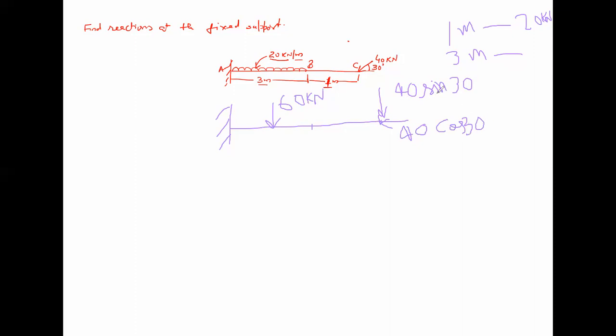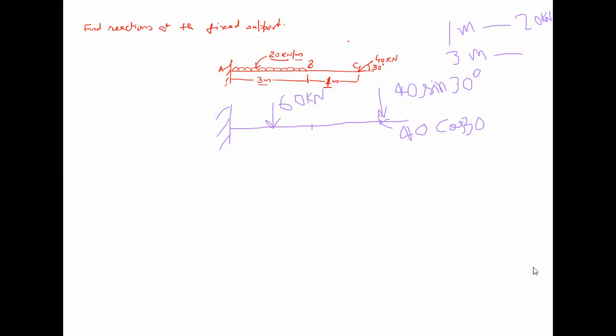Please remember that whenever you use a scientific calculator to find out this cos 30 and sine 30, please ensure that your calculator is using degree unit for angle. There are two modes to calculate cosine or sine of some angle. One is the mode of degree and another is the mode of radian. If you take 30 radian, you will get a different value. If you take 30 degree, then you will get a different value. Here it is 30 degree, so sine 30 degree you have to calculate.